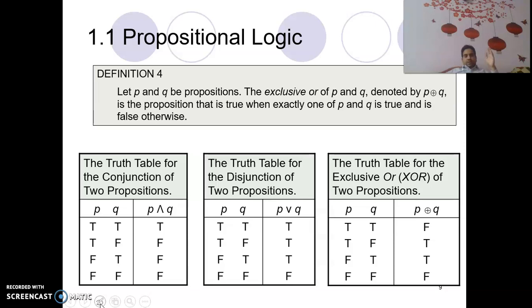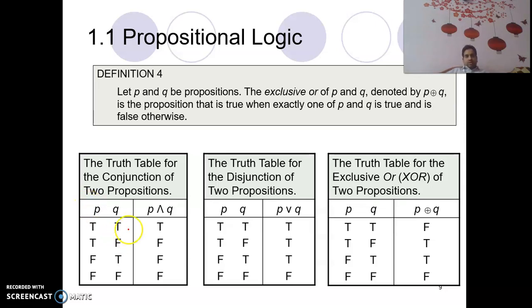And again, we have seen the conjunction. So using conjunction, we have connected one or more propositions. We can even connect more than two propositions also with the help of these connectives. Then we have seen about disjunction. And so I was talking about what is the truth table. A truth table is basically all the possible combinations the variables could take, and based on the values of the variables, what will be the resulting output of the